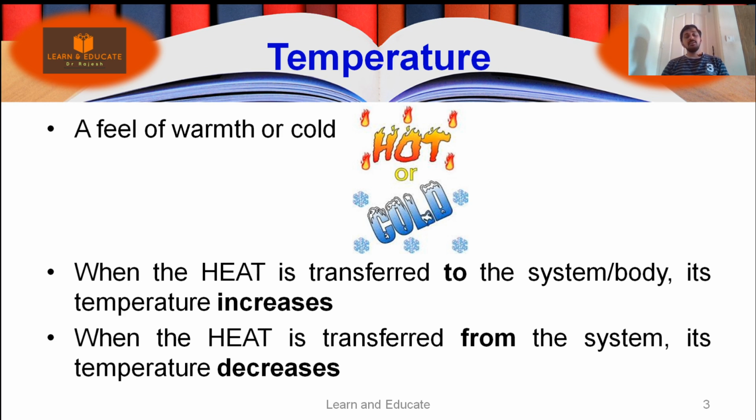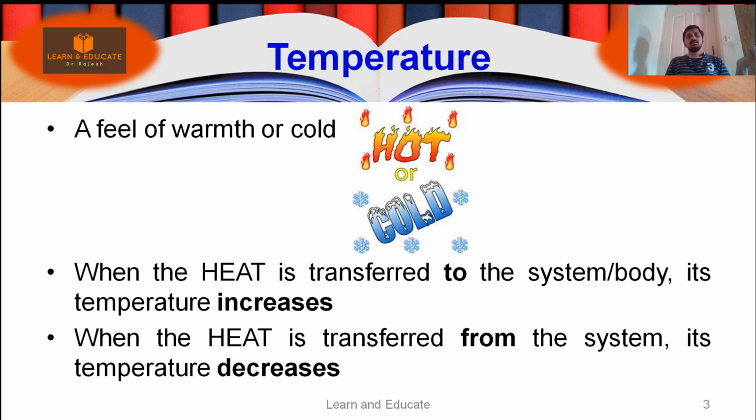But we can say in terms of heat transfer, heat is a form of energy. We have already discussed that, right? So heat is a form of energy. So whenever we consider a system, for example a room, when the windows are open on a hot and humid day, the hot air will be coming from the atmosphere towards the room. The temperature of the room will increase. At the same time, if you use an air conditioner within the room on a hot and humid day, what will happen? The temperature inside the room will get reduced as a result of heat transfer from the room towards the atmosphere,